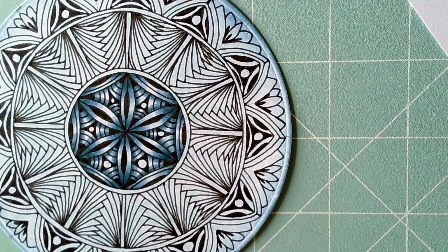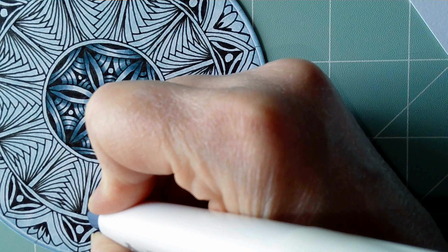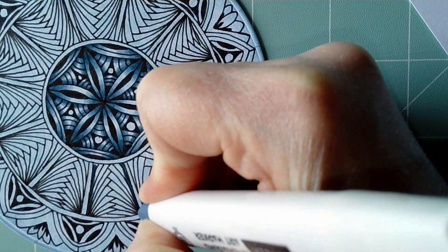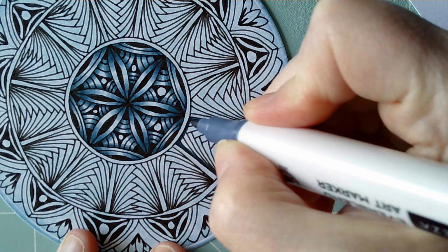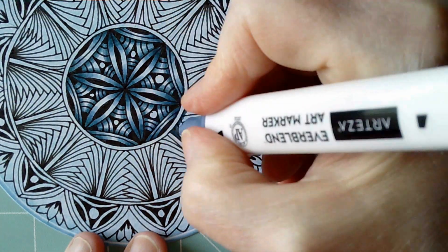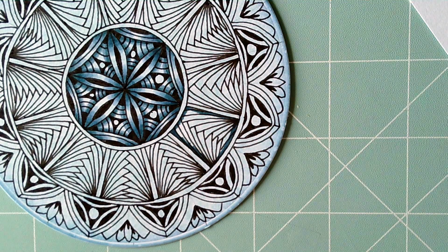Okay, next job, the Betweeds. This is going to be interesting. Okay, down each side, like so, and I am going to go underneath this ring, like so. I'll do one, and I will make sure